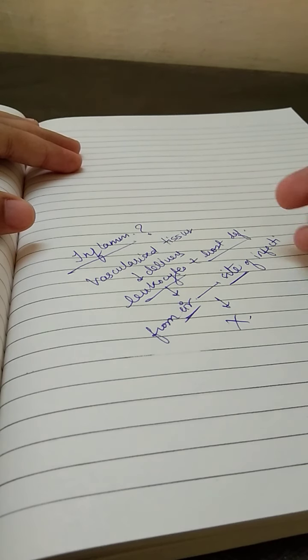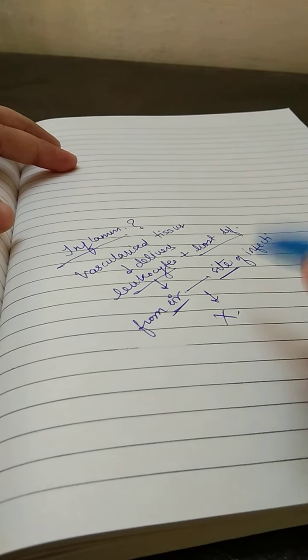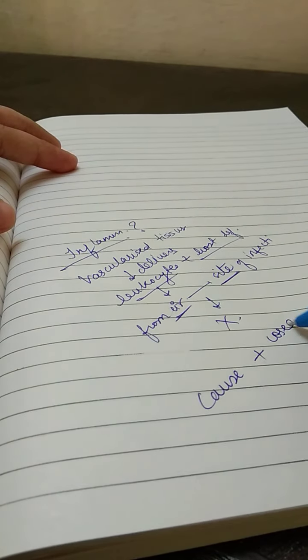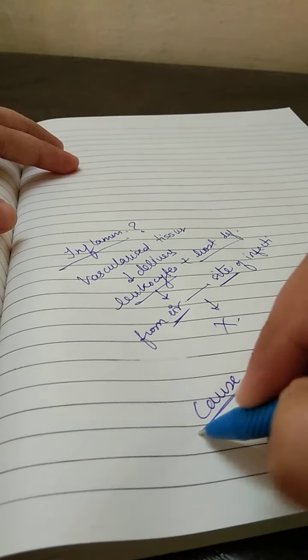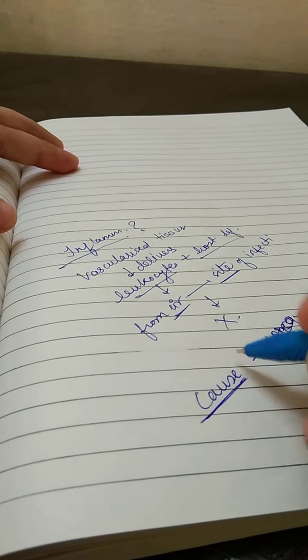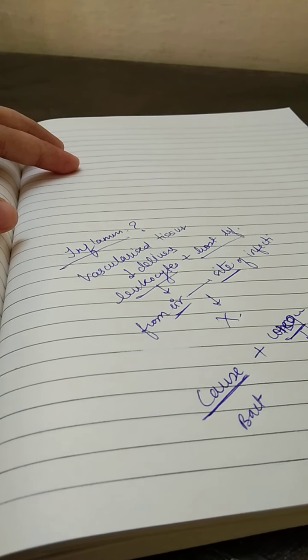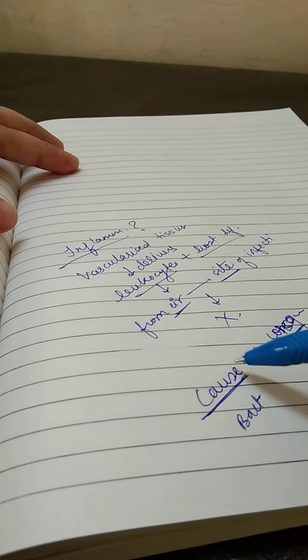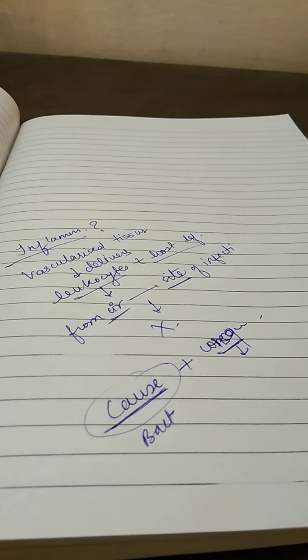Alright, so inflammation sounds as if it is not a protective response, but it is a highly protective response of the body which eliminates both the cause and the consequence of infection. Suppose we have a bacterial infection: the bacteria is the cause, and the consequences are all the symptoms we have because of that bacterial infection. So inflammation will lead to the elimination of both the cause and the consequence of bacterial infection.